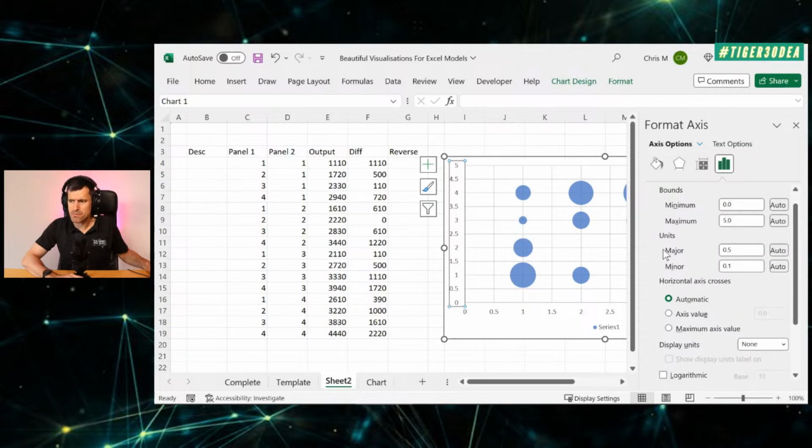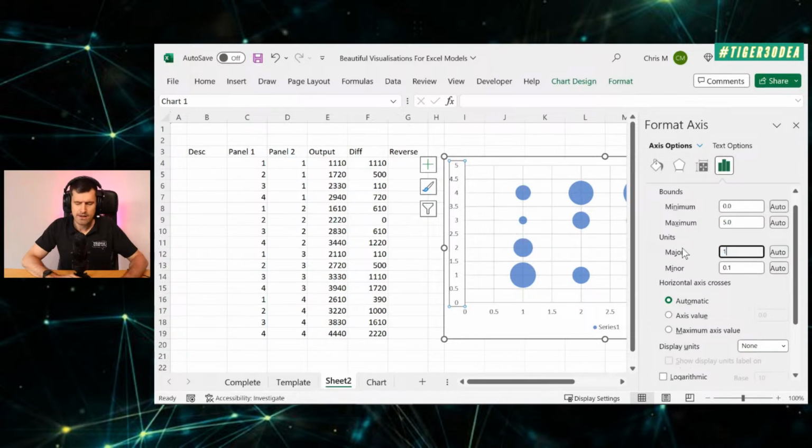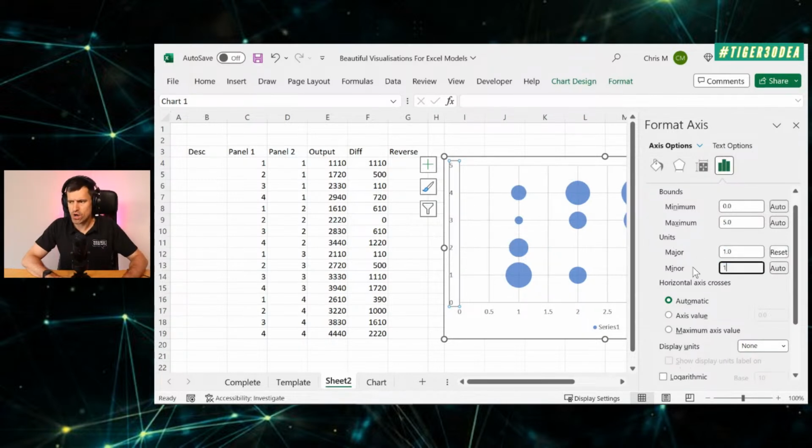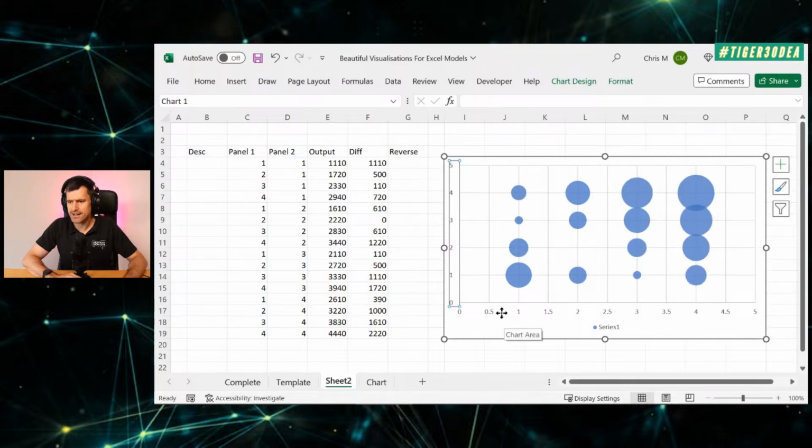So I'm talking about the minor, the units. The units is what I'm talking about here. So if I can set these both to 1, minor and major, I can see Excel has updated there. And then let's do the same with this axis. In fact, let's see if we can use the format painter here. This is a bit of a chart power tip. If you want to replicate the formatting from one part of the chart to the other, often this is very